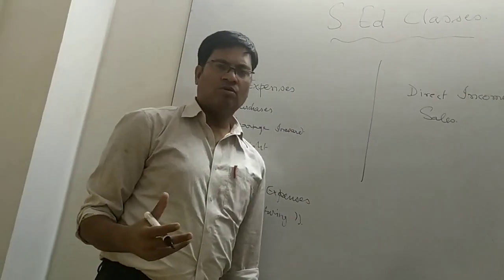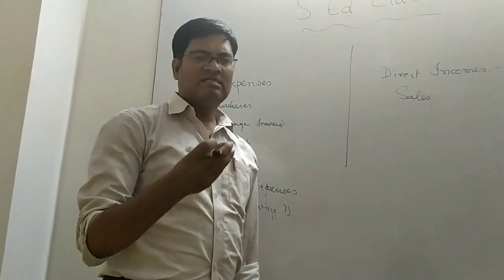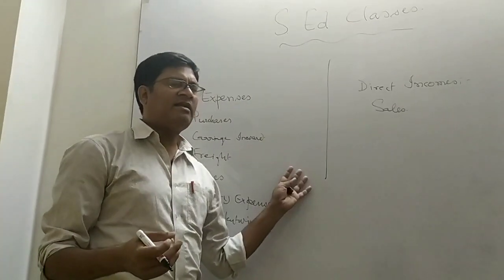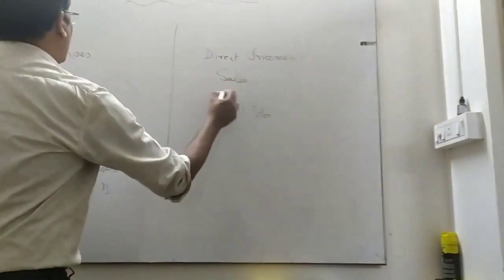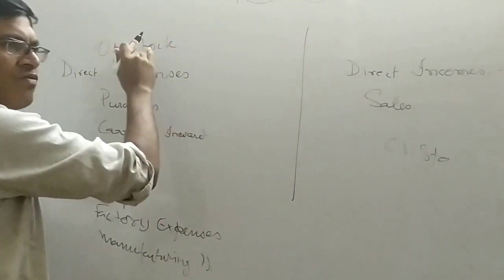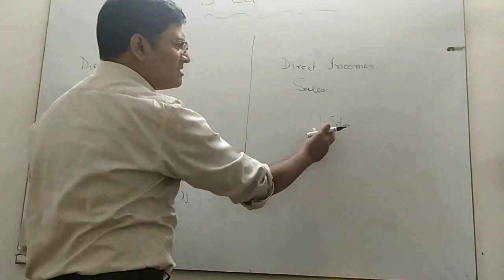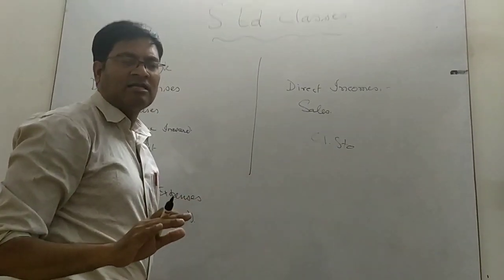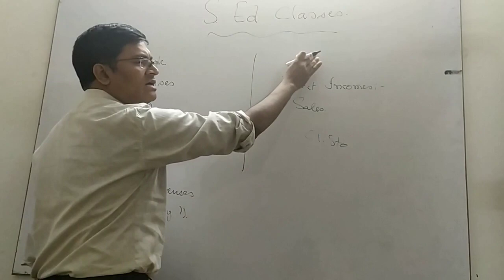Just as we know, in order to make profit, we simply do what? Sale minus purchase or cost of purchase, we get gross profit. Similarly, in trading account, that is debited. We will be writing even the closing stock over here, and over here we will be writing the opening stock. Opening stock is the last year's closing stock. Whatever is left with us this year, that is closing stock. Trial balance is always prepared at the year end. That's why we write in the books of ABC trial balance for the year ended.